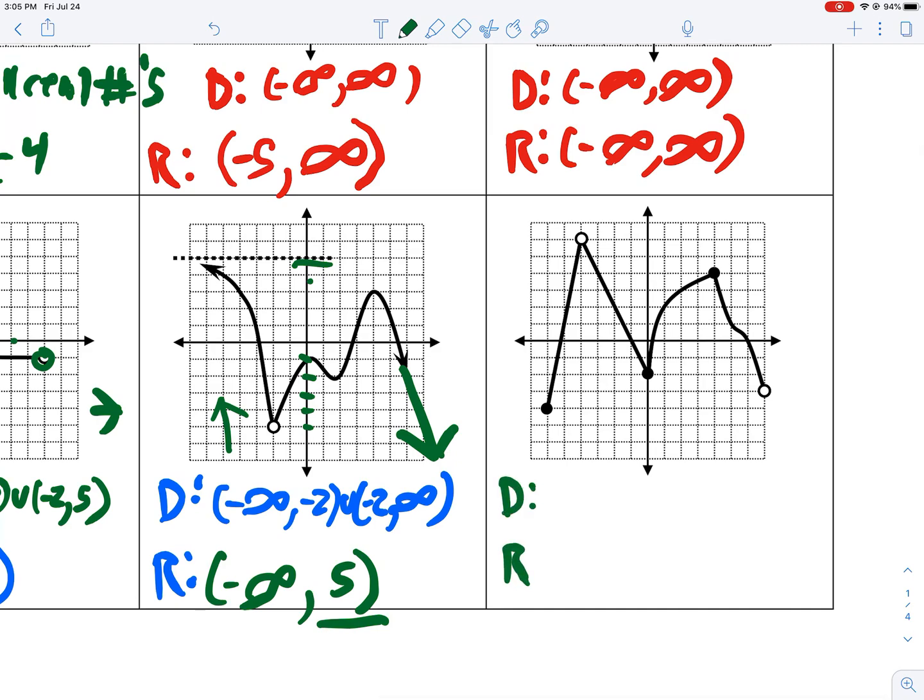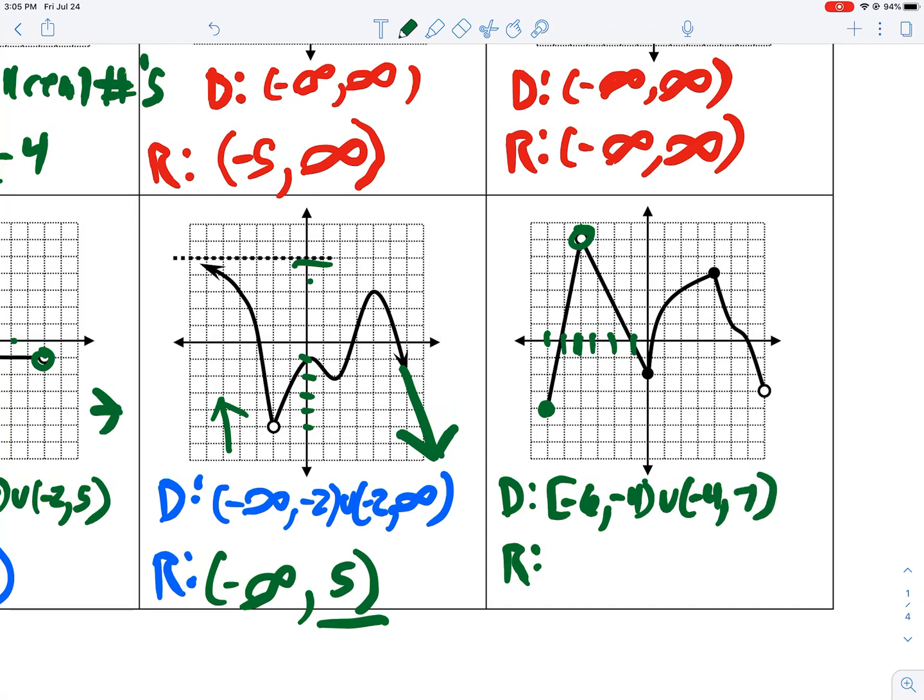Okay, last one, domain, range. Again, left to right, so we got 1, 2, 3, 4, 5, 6. And -6, it's a closed dot, so it's a closed bracket. But if we look there at -4, we're going to skip that. So we're going to use a union. And it keeps going after -4. Why are we skipping it? Because of the open dot up there. So it keeps going all the way out